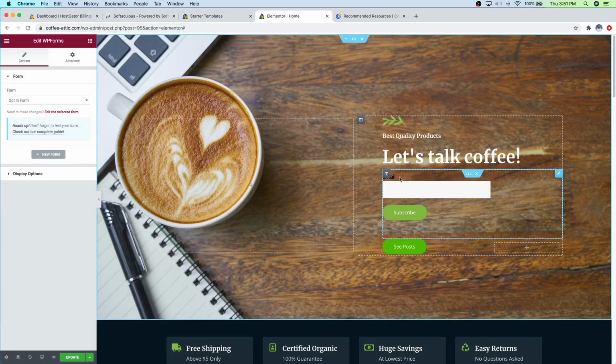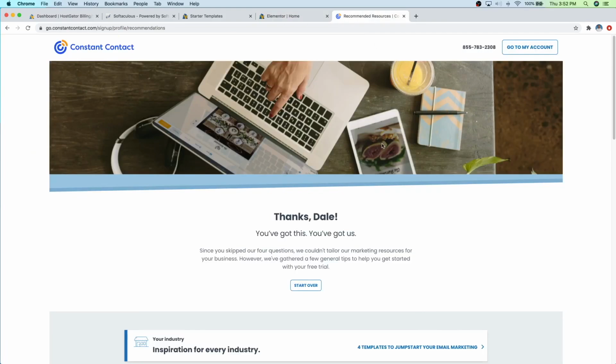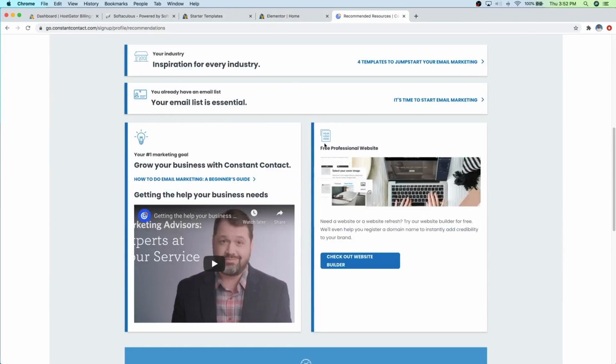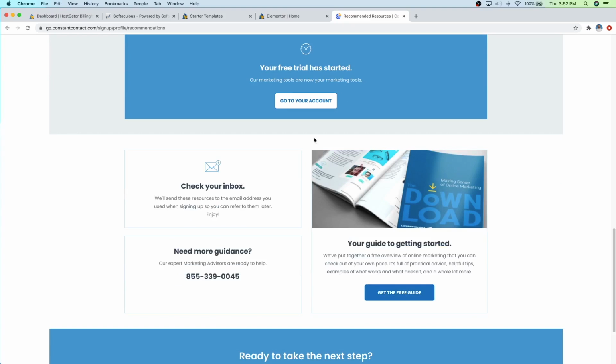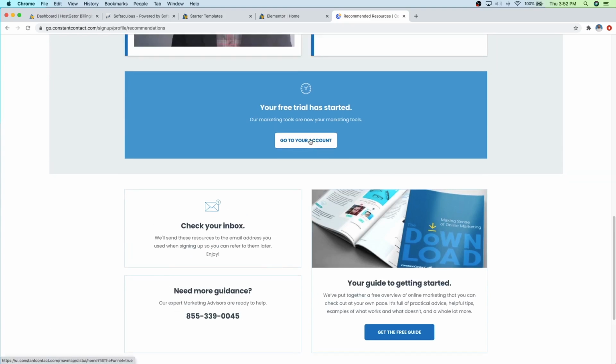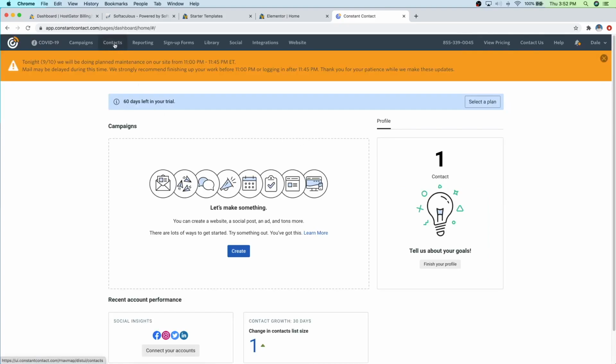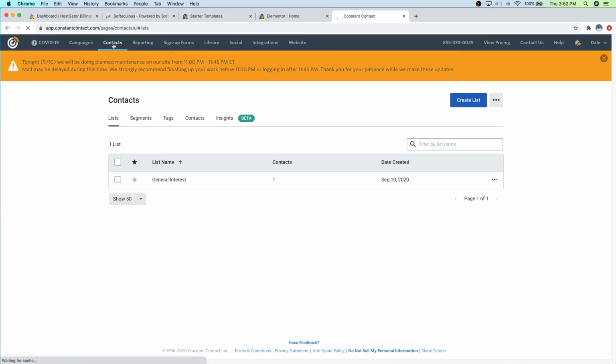So whenever somebody puts in an email here and you start collecting them, you can go over to Constant Contact over here, and then just scroll down, and you can see this button that says go to your account. So just go ahead and go to your account. And then you'll see up here we've got a contacts tab right here. You can just go ahead and click on that. And this is where all of your emails are going to come in. So right now there's none in here because nobody's put any in. But as people start putting in their emails and clicking on subscribe, you'll start to see your email list build